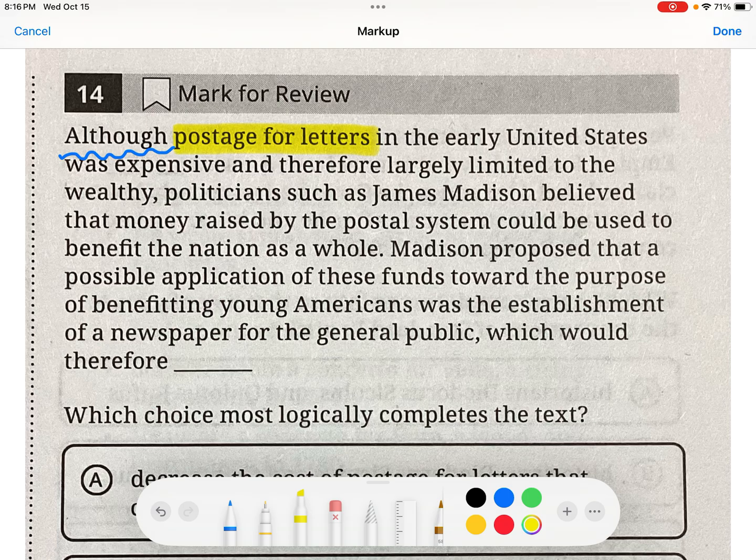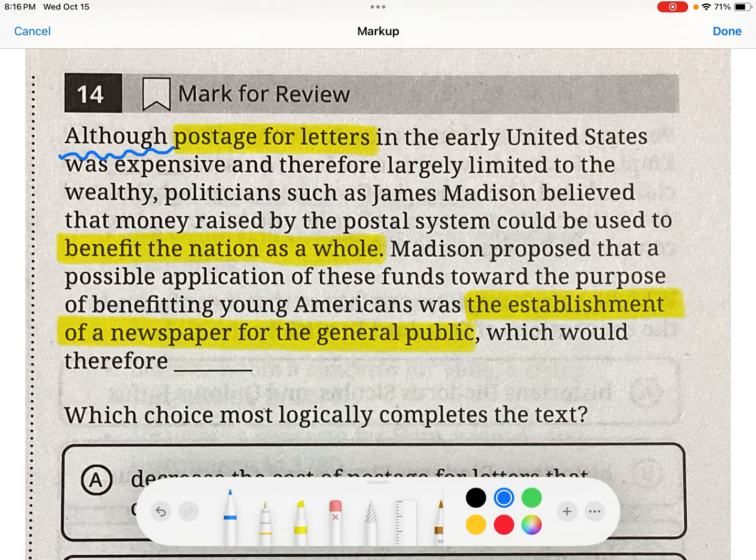Although postage for letters was expensive and largely limited to the wealthy, but politicians such as James Madison believed that money raised by the postal system could be used to benefit the nation as a whole. So benefiting everybody. Madison proposed that a possible application of these funds toward the purpose of benefiting young Americans was the establishment of a newspaper for the general public, which would therefore